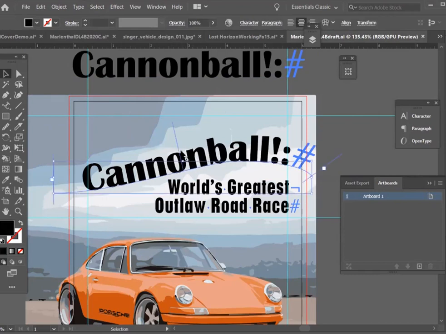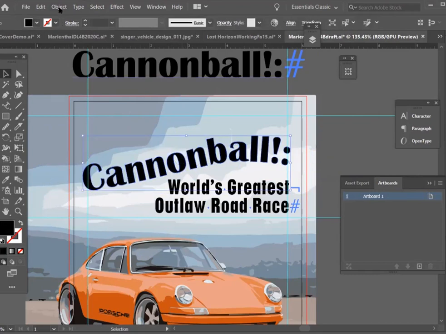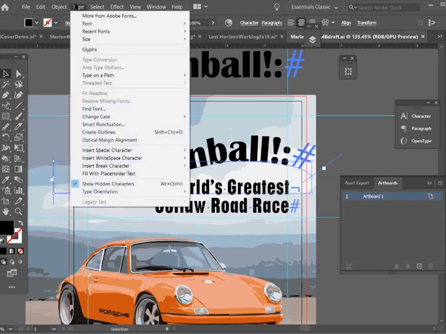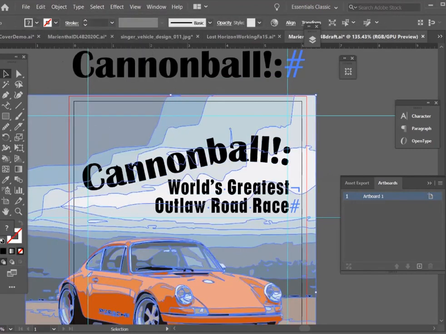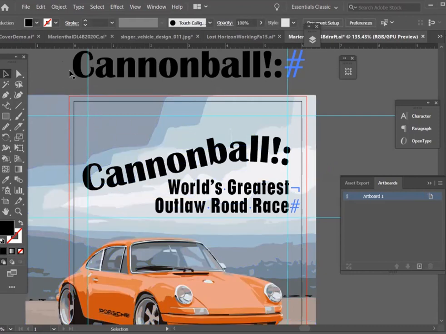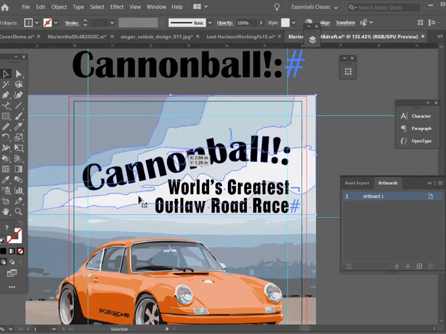I'm going to select the type and Command-Shift-O, convert to an object. In the type pull down, you'll find create outlines. I'm going to right click on my art and ungroup, or Command-Shift-G, or under the object pull down, you can find ungroup. And now I'll drag the cursor across only this much. I want to get these shapes that are in contact with the headline and the headline, not the guides, and I don't need the rest of this because I don't need to apply live paint to anything other than this